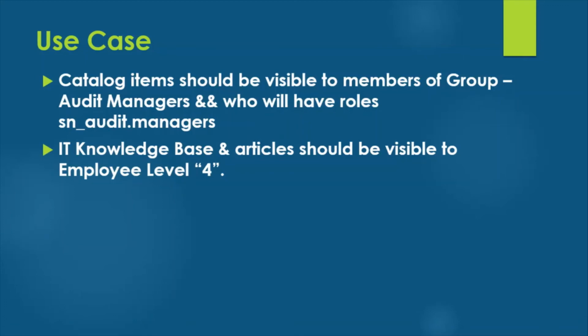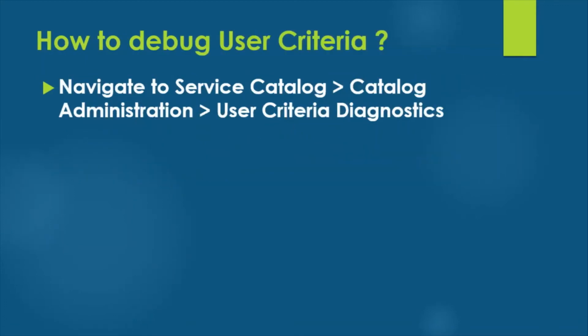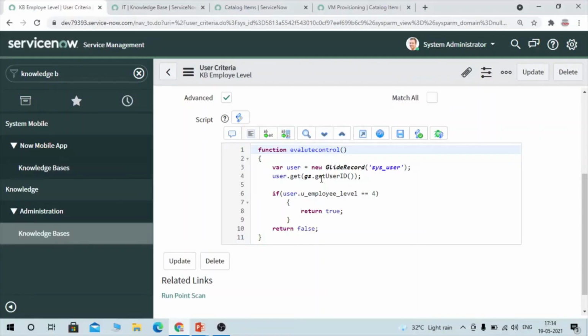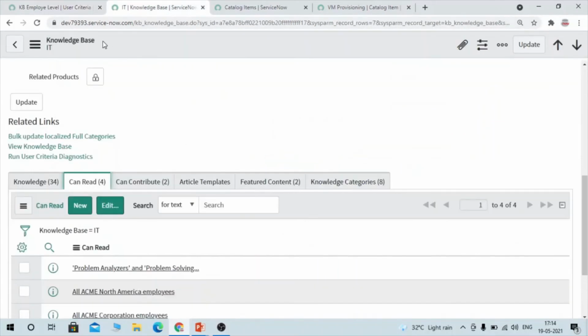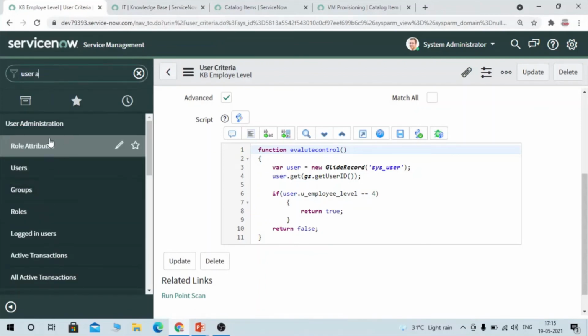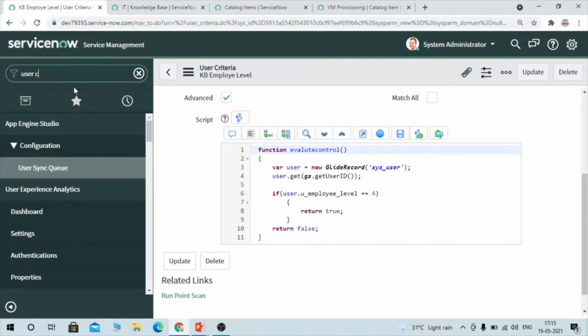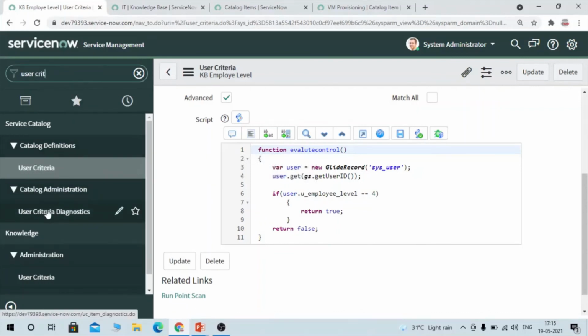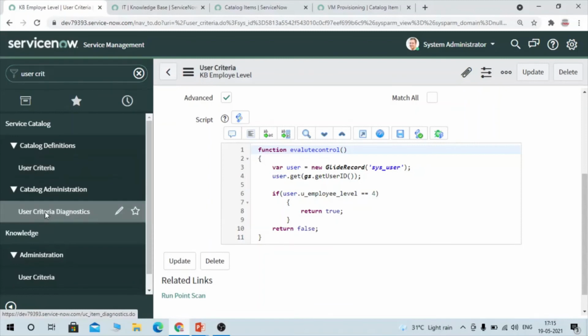And now let's try to understand how we can debug our user criteria. We have applied this user criteria here, but whatever condition we have given, maybe it's not working as expected. So how can we check that? For that, you have an option here: in the type box, type user criteria. Under user criteria you have the option User Criteria Diagnostics.